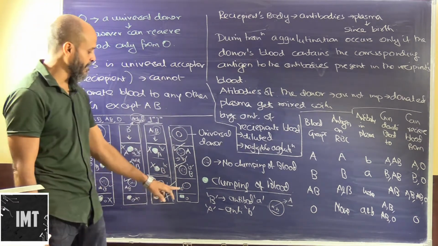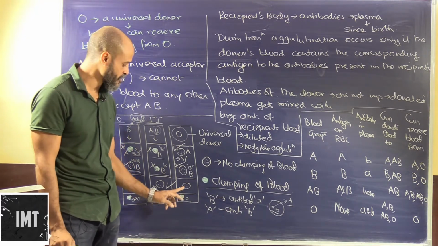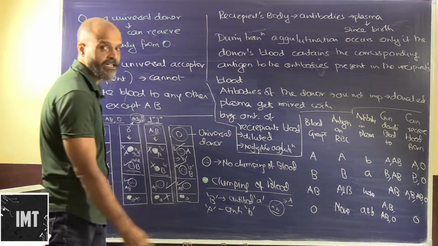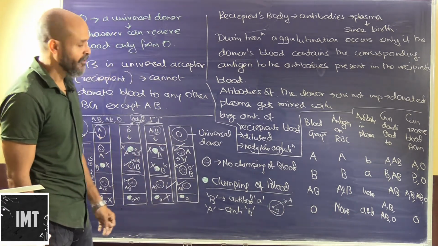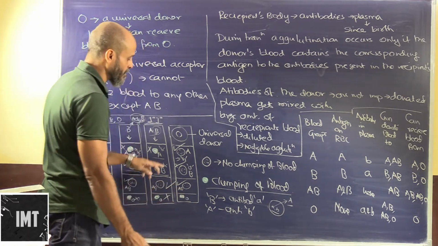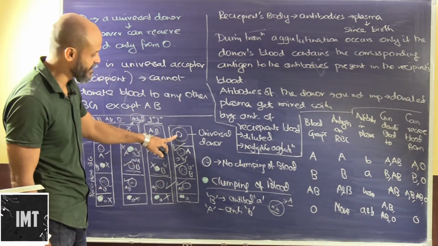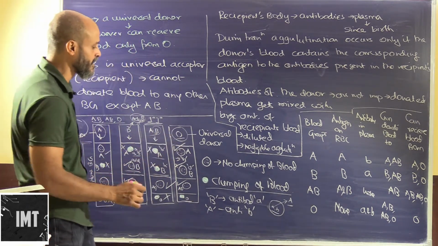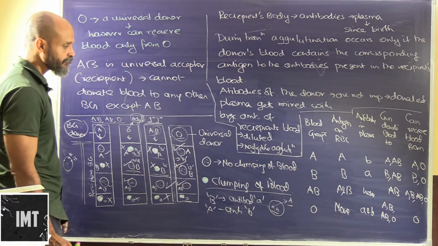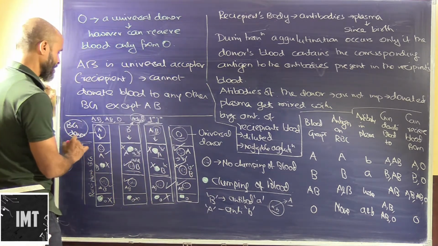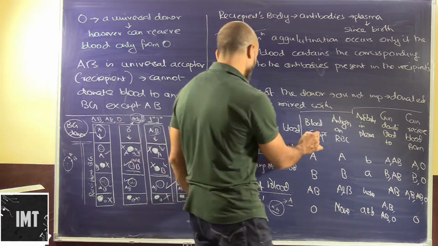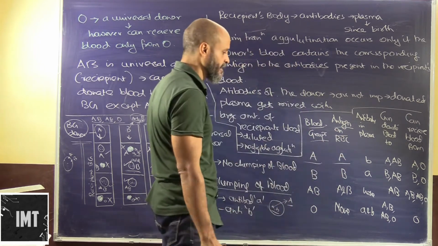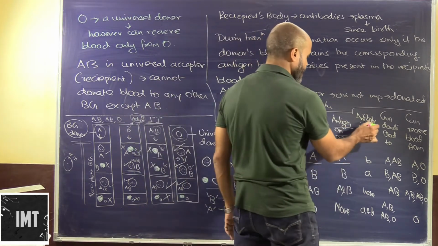AB, again in AB blood group we know that only antigens are produced, no antibodies are present, and here we have no antigens, so this can easily be administered. Now let's look at O. Okay, so O is here a problem, because here we have antigens and here we have antibodies. This will result in clumping of blood. Okay, so we can say that if you have blood group A, the antigen on RBC will be A, antibody in plasma.